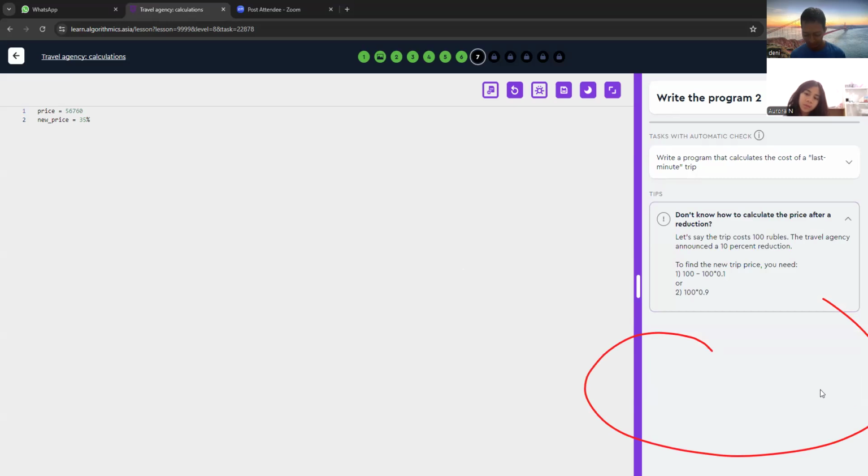For example, let's say the trip costs 100 rubles. The travel agency announced a 10% reduction. So the formula is just like this: the basic cost, and then basic cost times the discount.